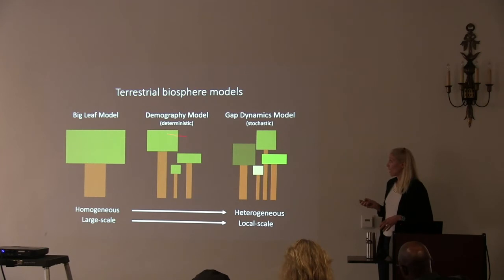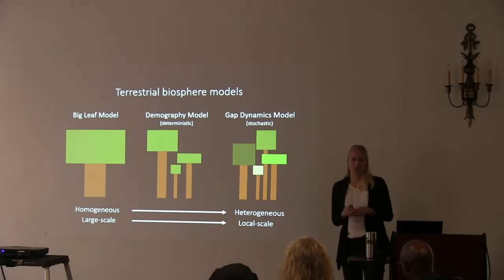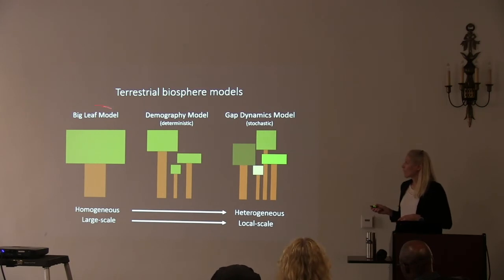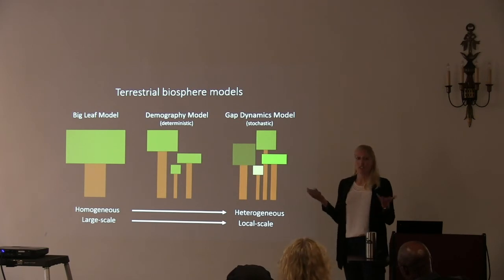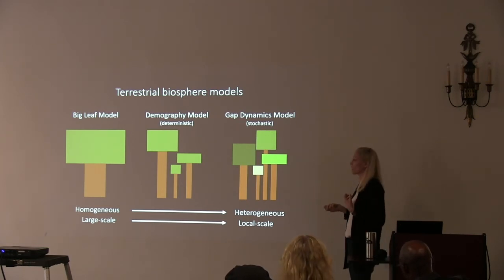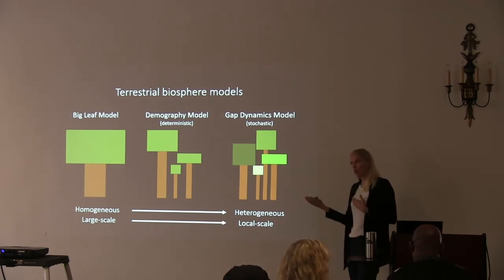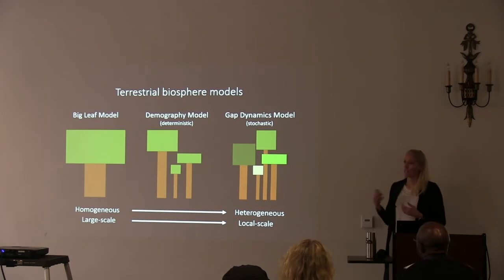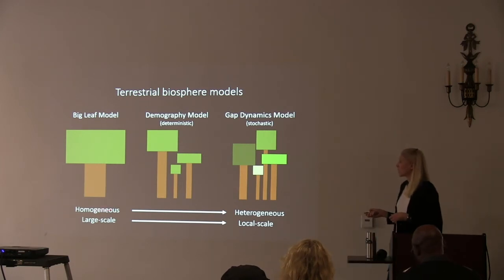There are a number of different types of terrestrial biosphere models. The one I use is actually a demography model called the ecosystem demography model. And it sits in this sweet spot between two other categories of TBMs. On the left hand, you've got big leaf models, which are incredibly homogeneous in terms of how they represent vegetation dynamics. Sitting in a room of ecologists, it feels very limiting, but the power of these models is their ability to scale up dynamics and operate at large and global spatial scales in a way that makes them very able to communicate and be run with climate models. But obviously there are limitations with this.